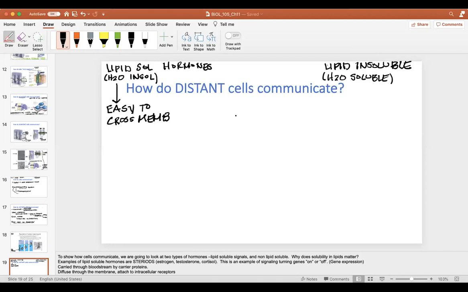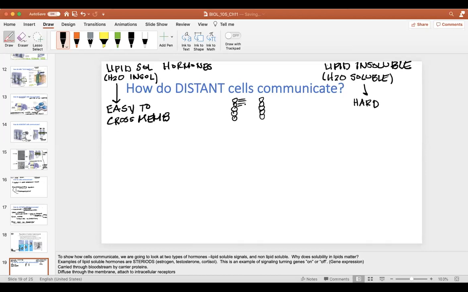Conversely, if you are water soluble, it's going to be much harder to cross the membrane, right? If you're lipid insoluble but water soluble, it's going to be harder to cross that membrane. And just in case you don't remember, that was a chapter 6 conversation we had. When you examine the lipid bilayer and you look at what has an easy versus a hard time getting across,